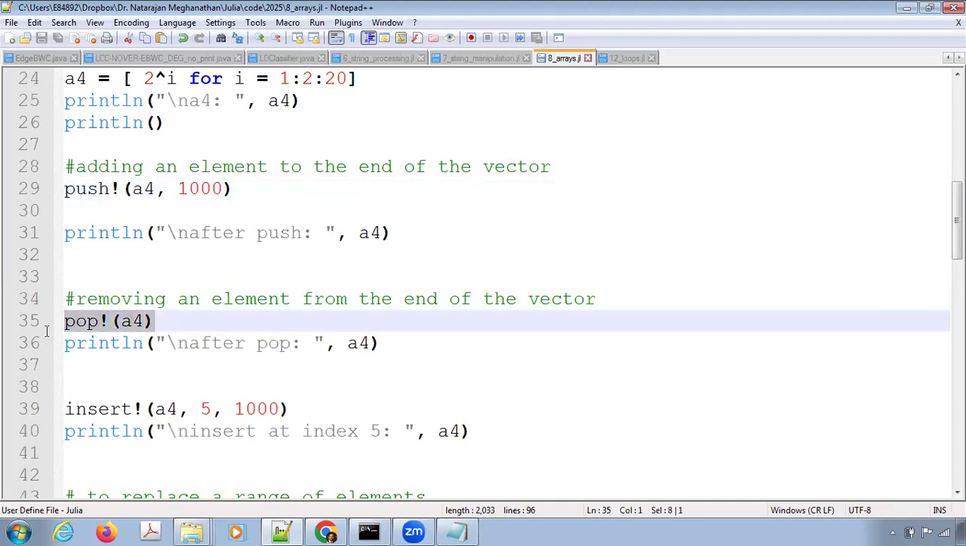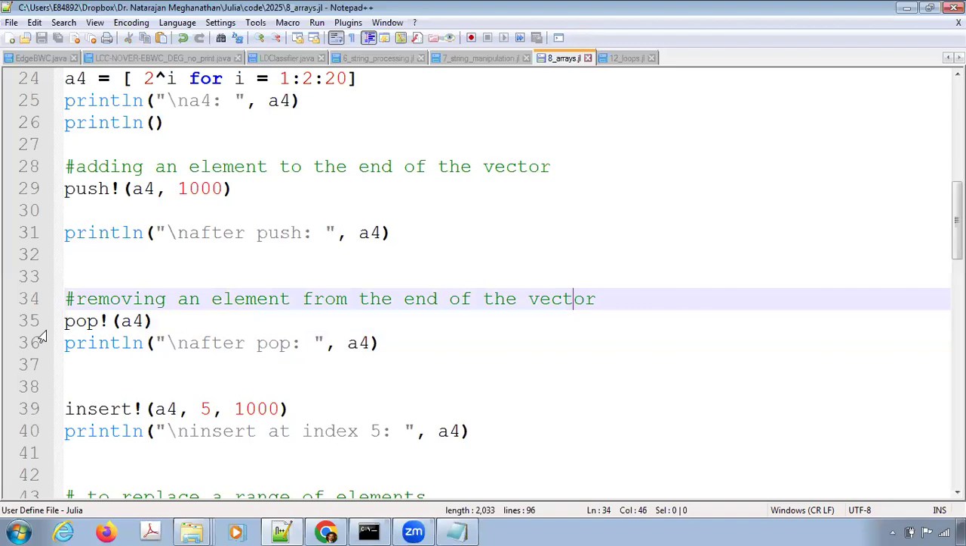Similarly, when you call this pop operation, you want that vector to be changed in the sense that you want the last element of the vector to be removed from the vector. So you want to enforce that change. So you do that by specifying pop exclamation A4. Now, the pop function can also